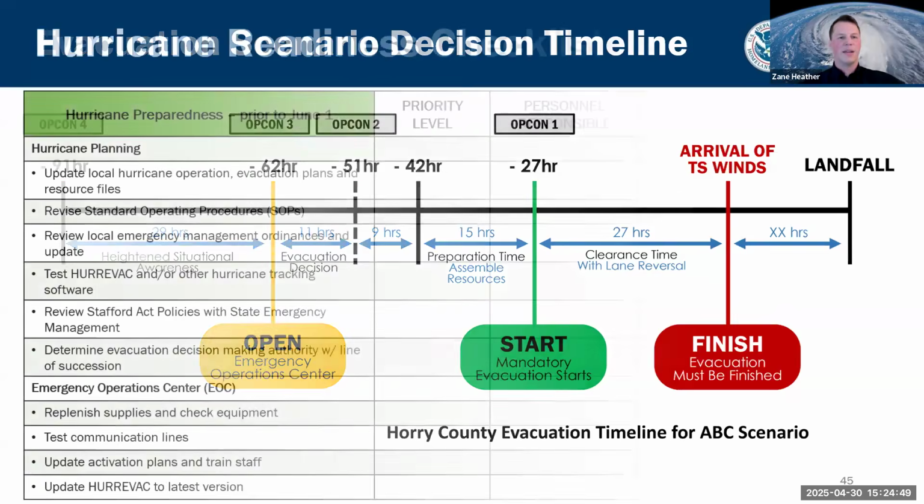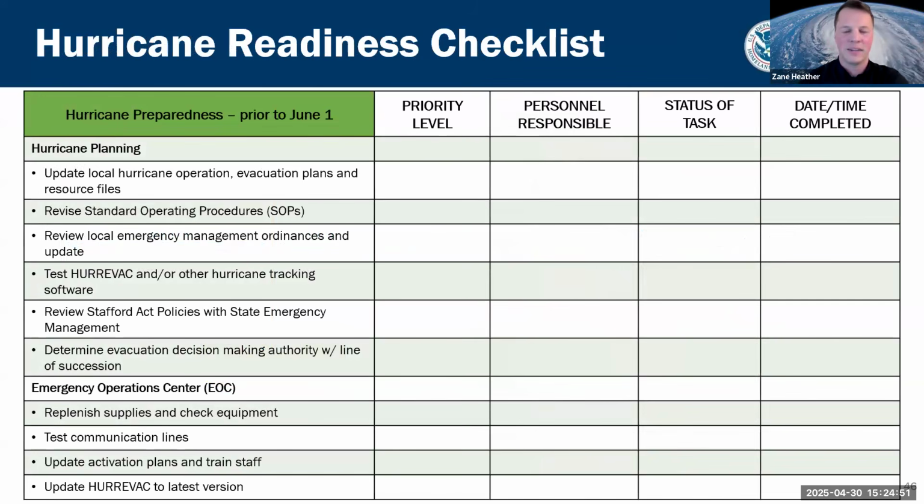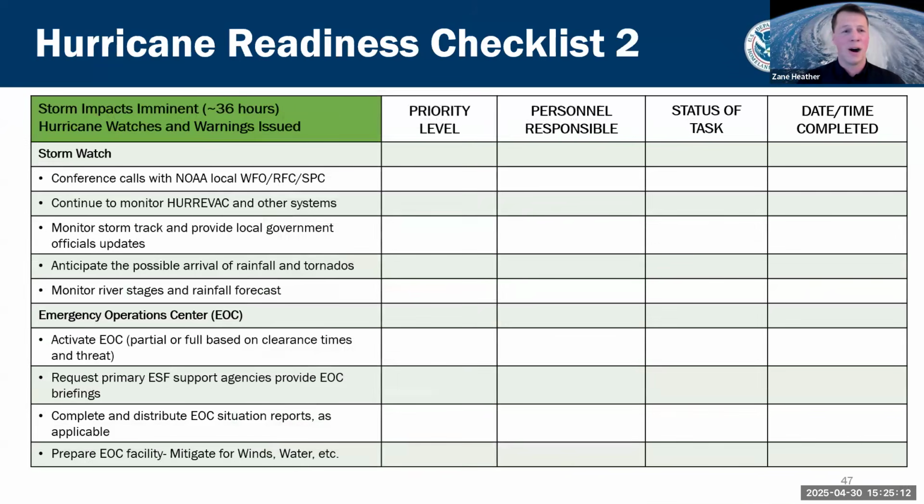All right. Another way that we've seen this time-bound information operationalized is through hurricane readiness checklists. Essentially you just go through the checklist, and the checklists are tied to specific actions specific to hurricane readiness or operations. Right here you see prior to June 1. This is your time to dust off the books, time to kick the tires checklist to get ready for hurricane season. And then you also have operational checklists.